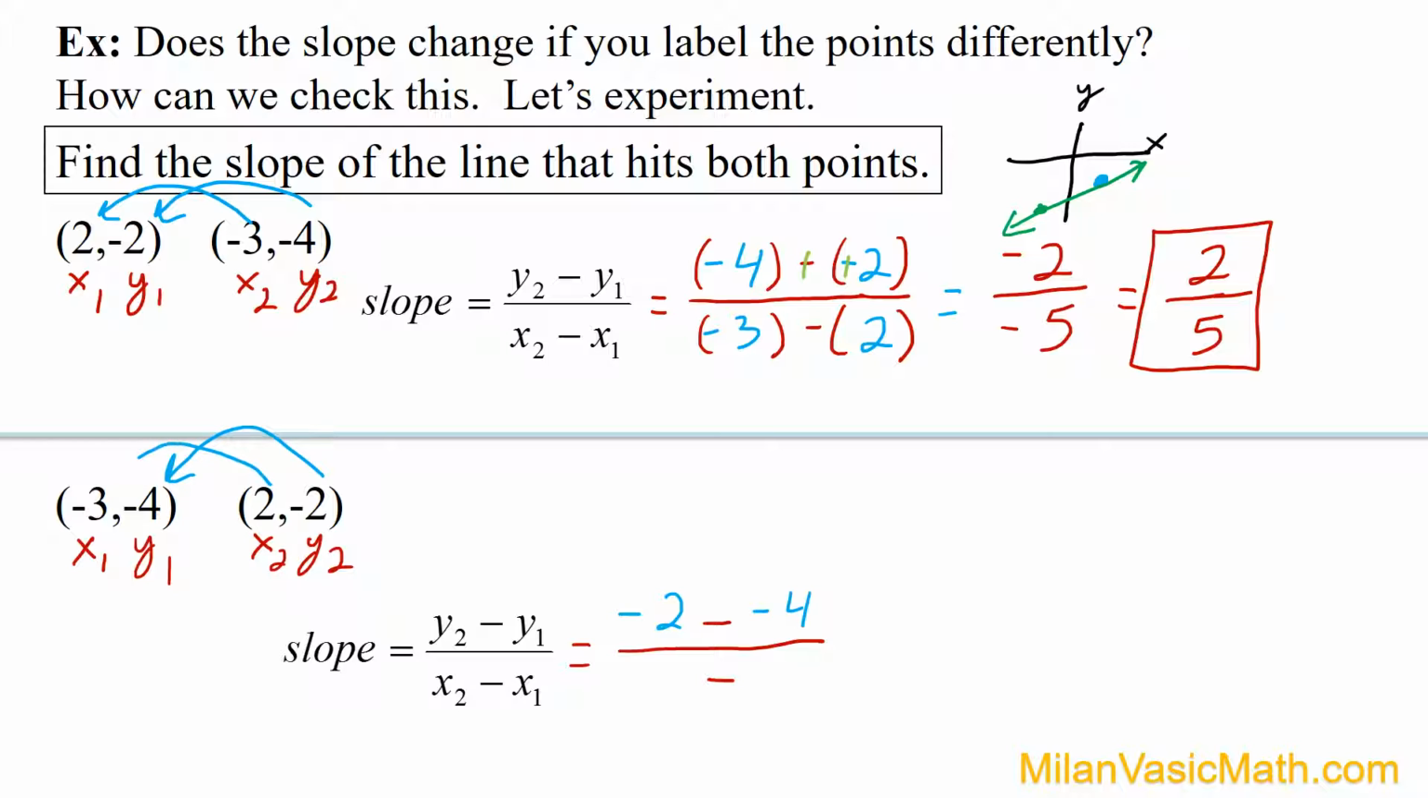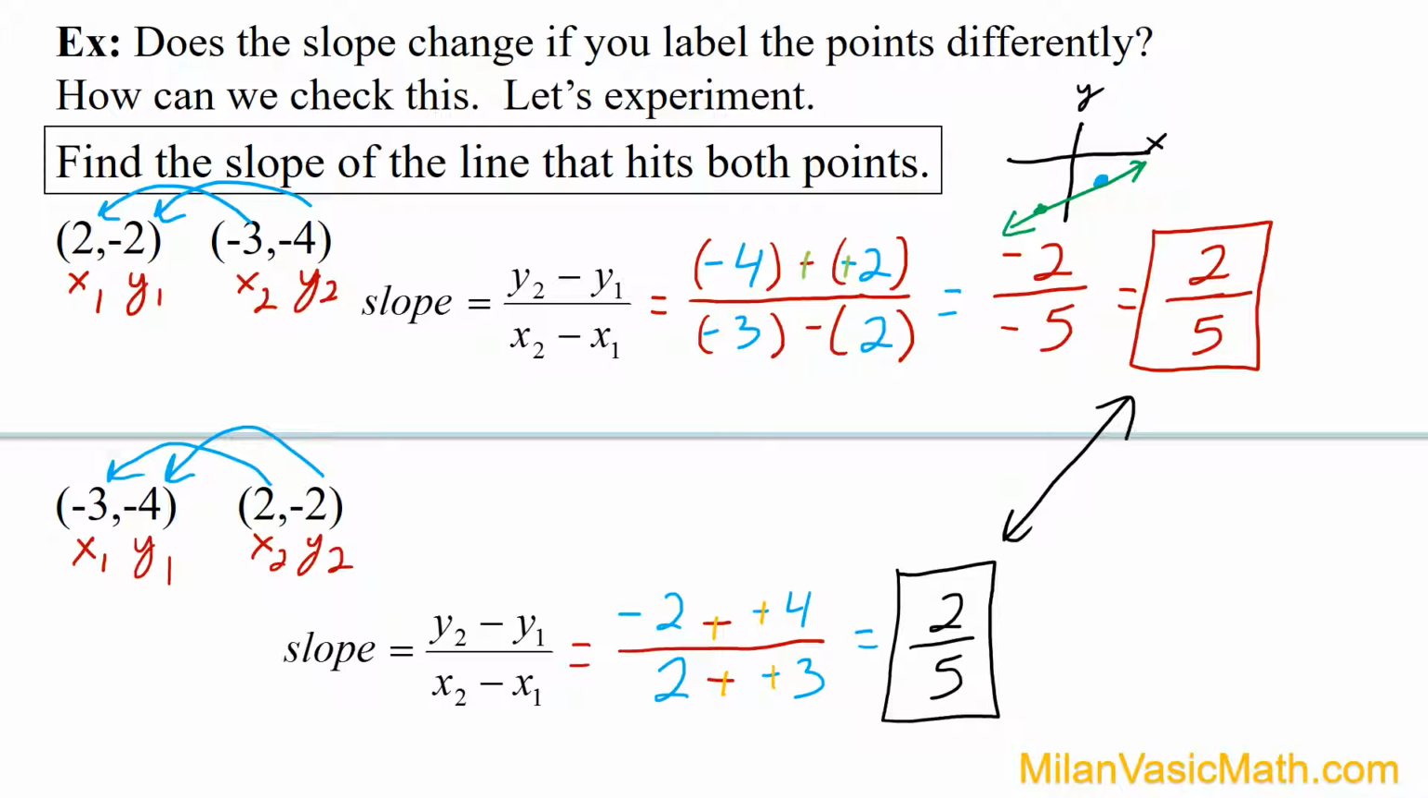And then 2 minus -3. 2, the minus stays, -3. Okay, let's simplify. I got 2 negatives next to each other. So -2 plus 4 is 2. 2 plus 3 is 5. Leave it like that. And if you'll notice,